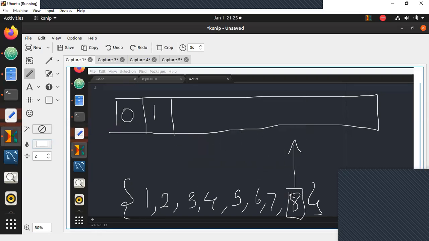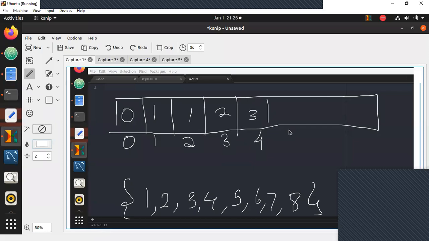So can I directly create the Fibonacci series until 8? This is index 0, index 1. For every other index, we'll add the two previous values. Index 2 will be index 1 plus 0, that is 1. Index 3 will be index 2 plus 1, that is 2. Index 4 will be 2 plus 1, that is 3. Index 5 will be 3 plus 2, that is 5. Index 6 will be 3 plus 5, that is 8. So this value we have obtained right here is supposed to be the maximum value.